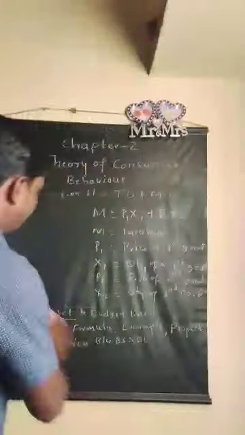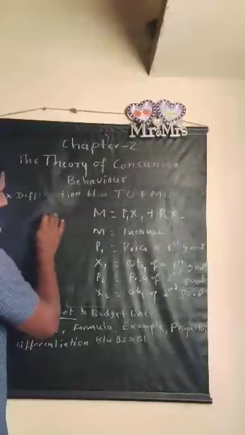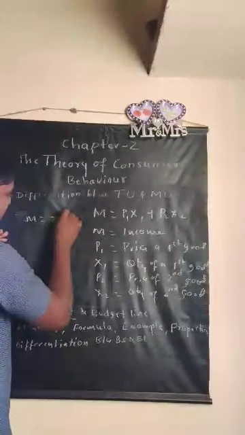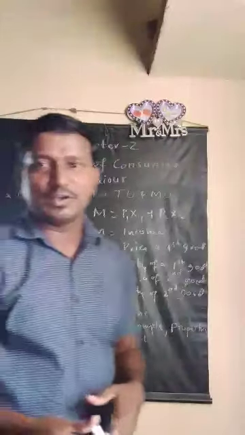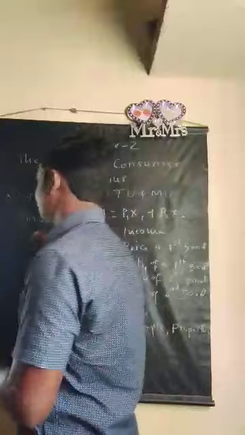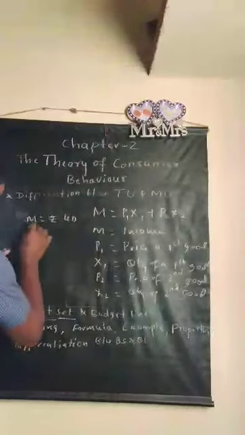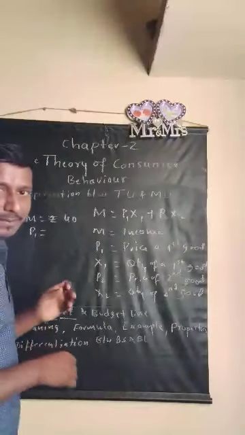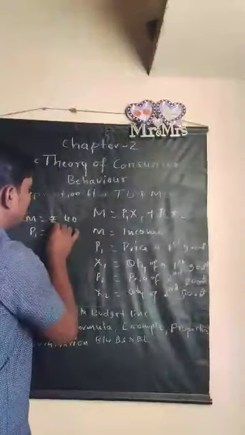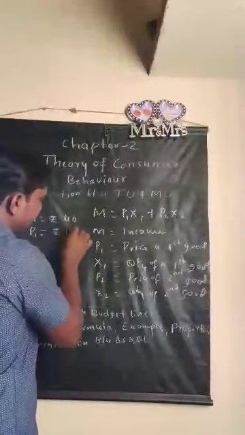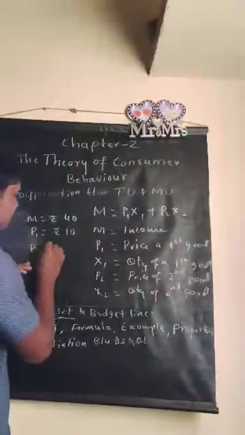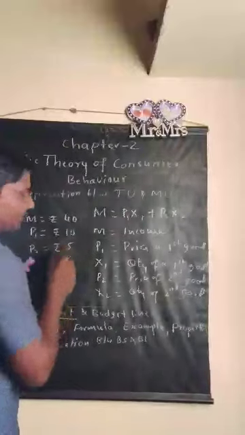So assume that the income given here is maybe rupees 40. That is how I write M, maybe rupees 40. We have rupees 40 as income, and the price of X1, which we call P1. P1 means the price of X1, the price of our first commodity, maybe rupees 10. We are just taking rupees 10. And coming to P2, the price of the second commodity, it may be rupees 5.